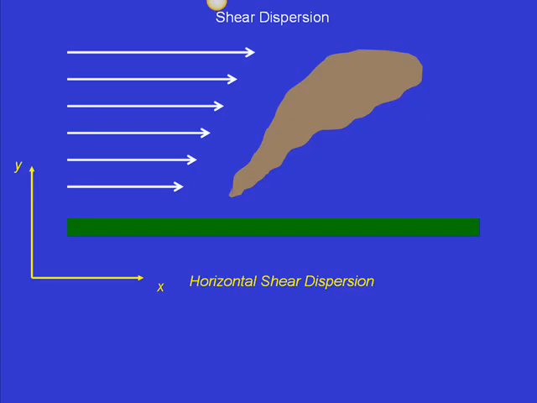That's as long as the lateral shears and vertical shears in the flow are weak. But if there are very strong shears, either in the horizontal or in the vertical direction, then this fluctuation term, this shear dispersion term, will be important for the salt flow. Right? So keep that in mind,